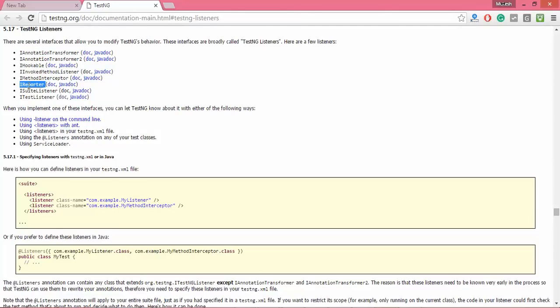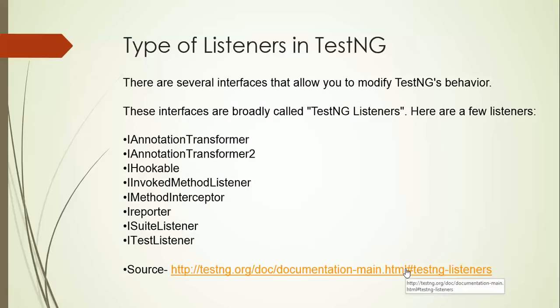As you can see by the name, IReporter will change the reports, then ISuiteListener, ITestListener. Today in this video we'll basically deal with ITestListener, like how exactly your test behavior and status, pass, fail, skip, based on that we will customize the methods. If I go back to the slide again, do not worry about the others. Let's focus on ITestListener today.